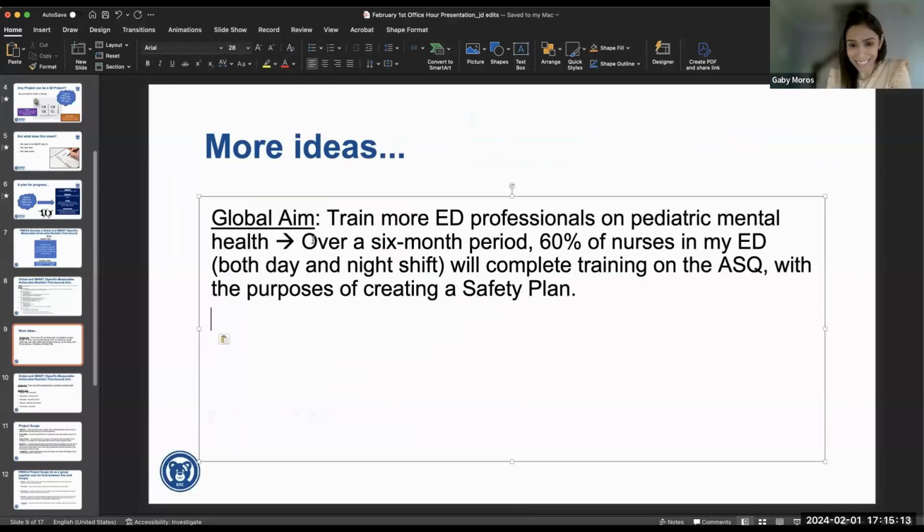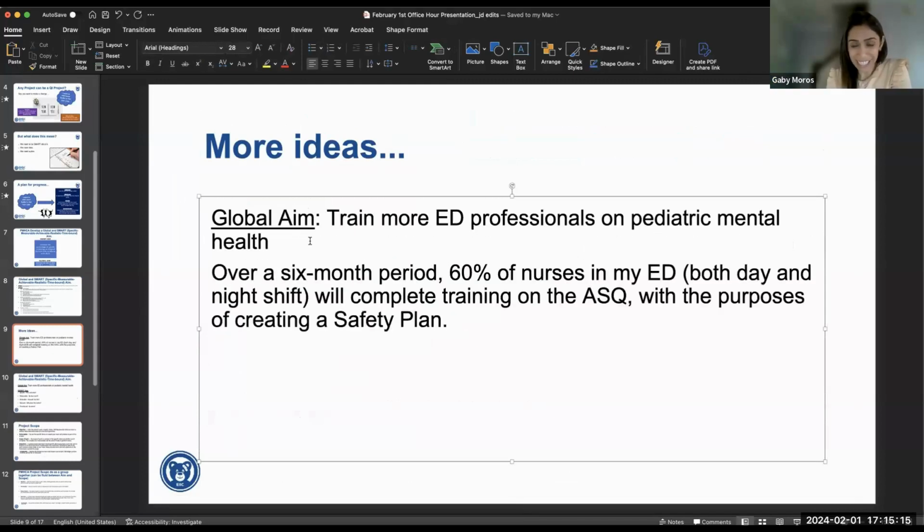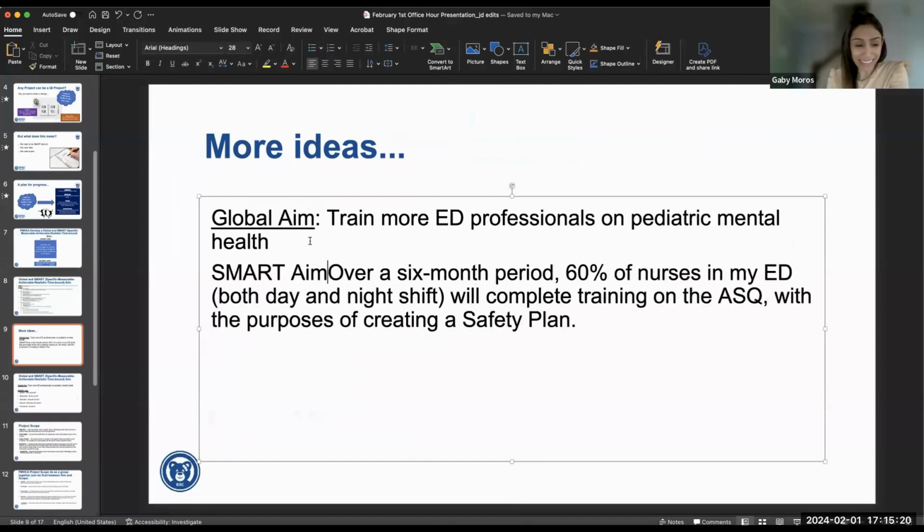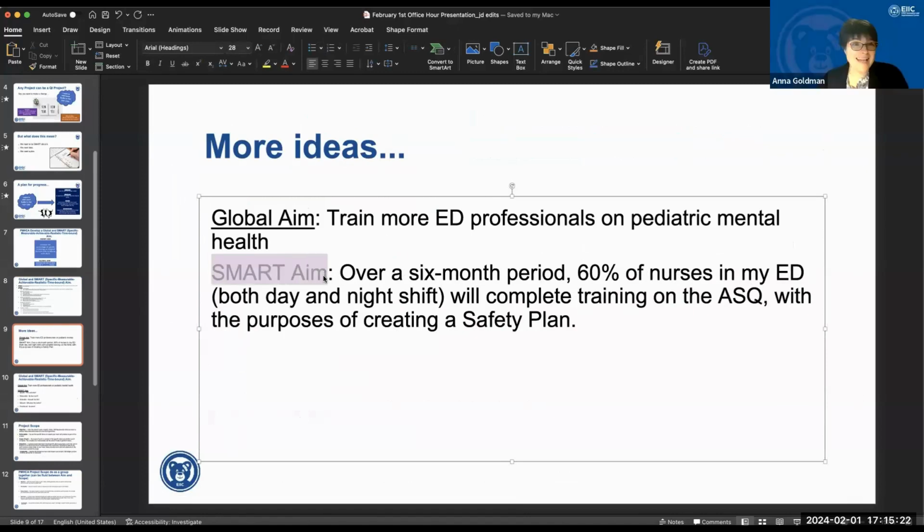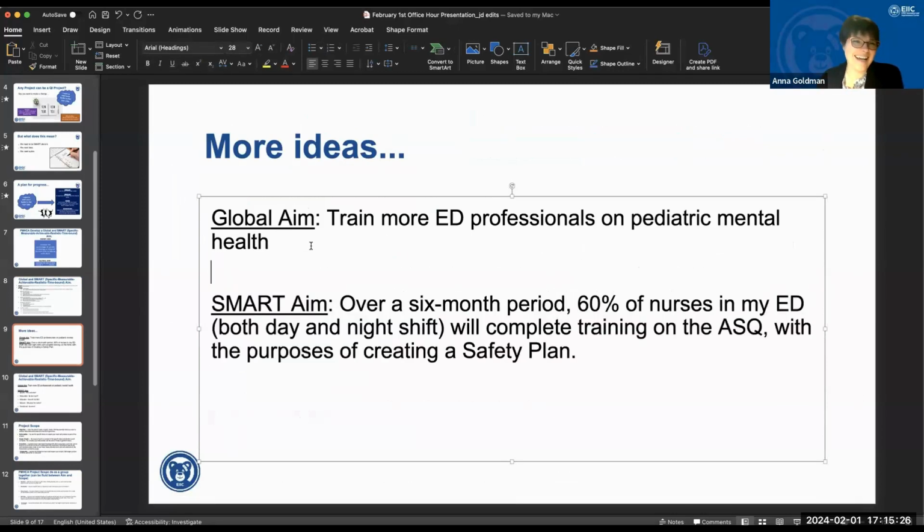Will you share these beautiful working slides after? What was that? Will you share these beautiful working slides after? Yes, sure, absolutely. It is the purpose of the whole thing today.